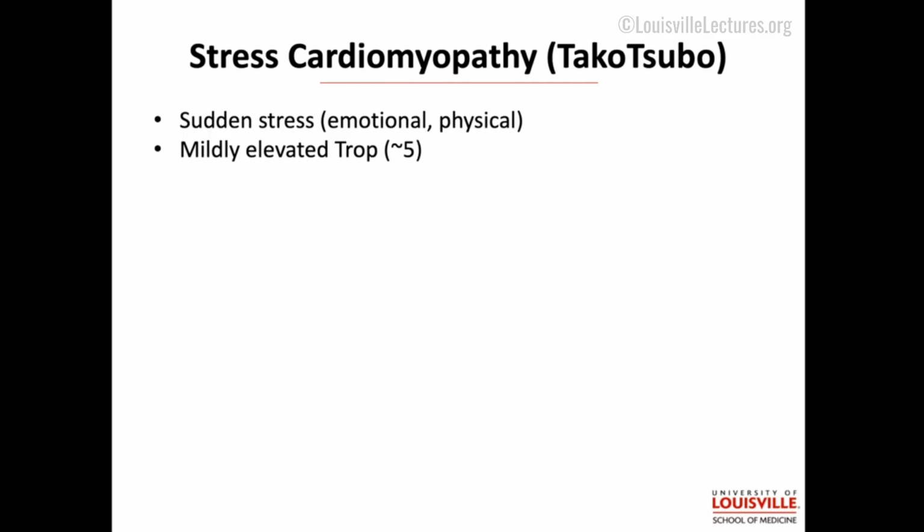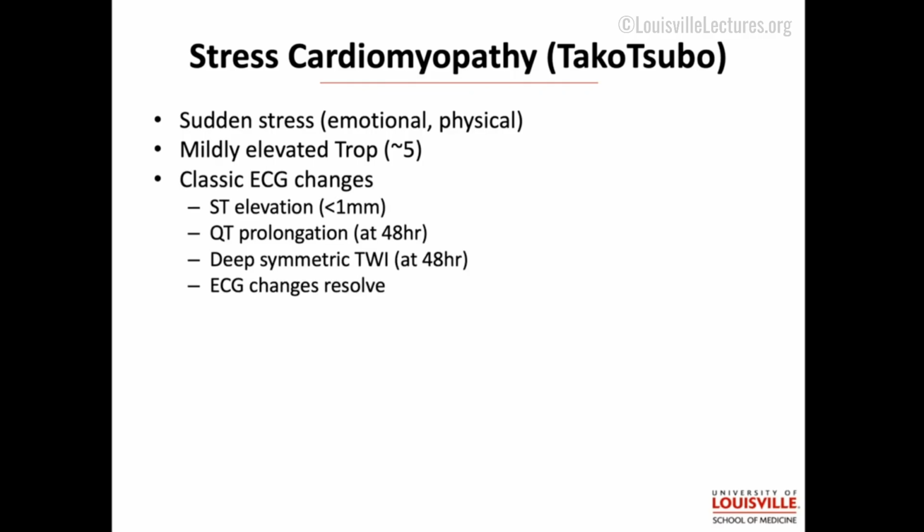Usually we'll see these troponins in that 5, maybe 10 range, as opposed to an acute MI that would drop your EF that low. You would see a ton of troponin because all those cells had died and leaked enzyme, as opposed to this reversible phenomenon that we see in stress cardiomyopathy. So relatively low troponin. The ECG changes are classic.